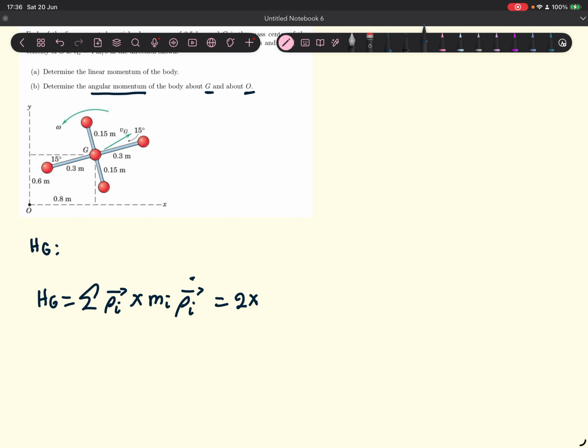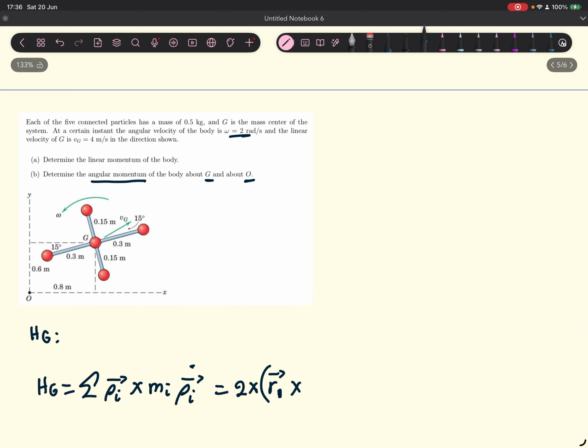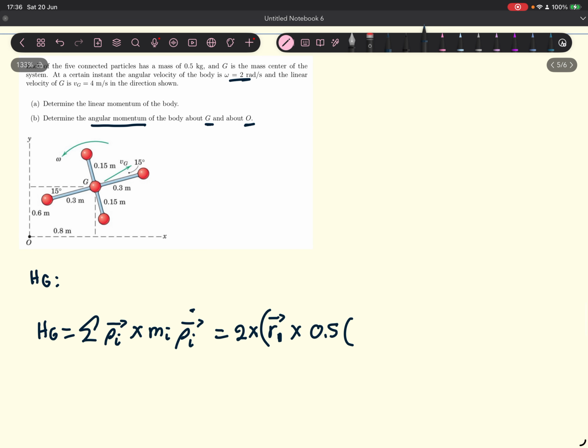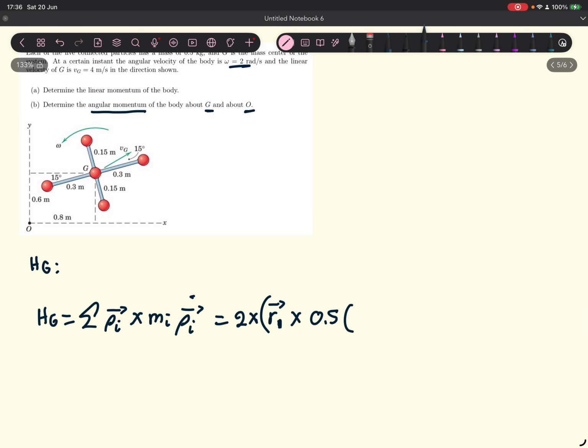So it's 2 times, let's call this position vector R1, R1 crossed with, and we're told that each has a mass of 0.5, 0.5 into omega crossed with R1,